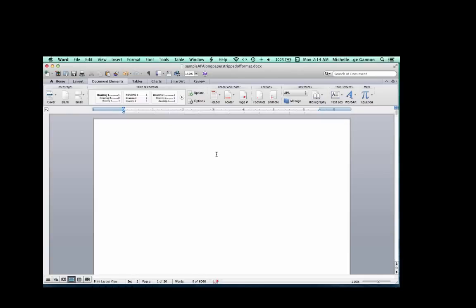I'll go to the top. Once again, you'll see my cursor is blinking in the middle. I'm going to press the return key a few times. I want my title to start partway down the page. Now, one of the tricks you can use is to simply copy and paste your title from the body of